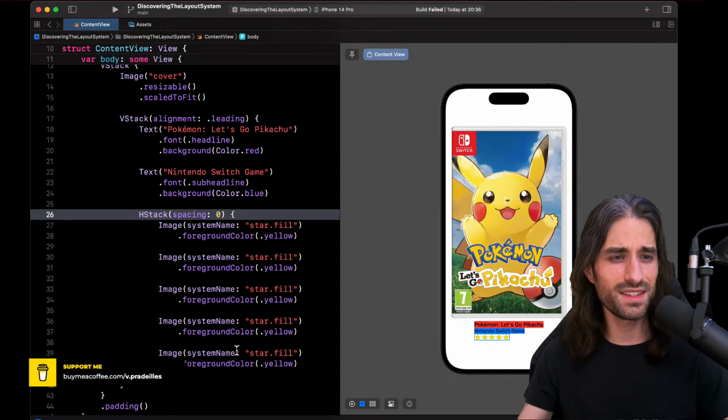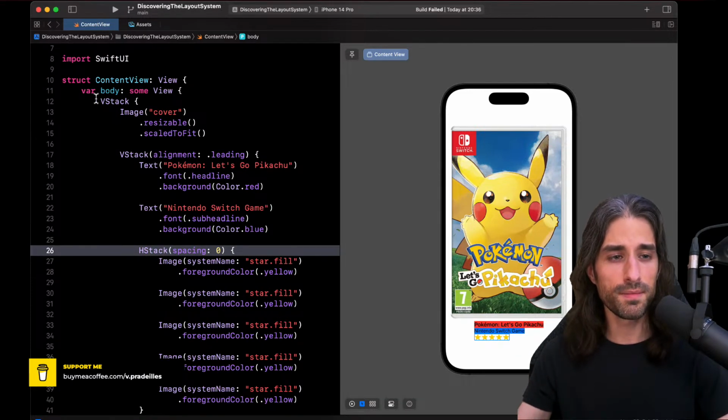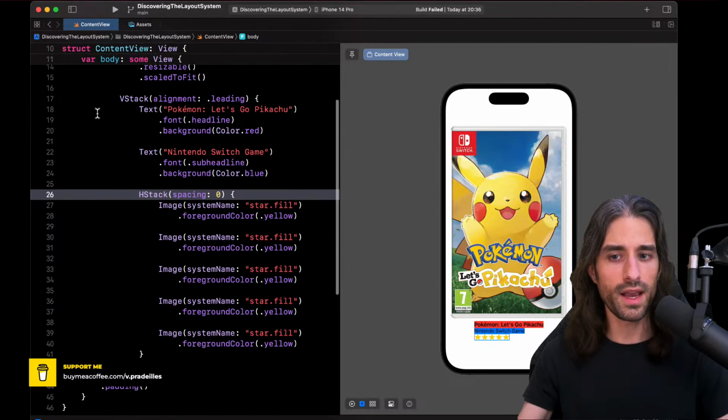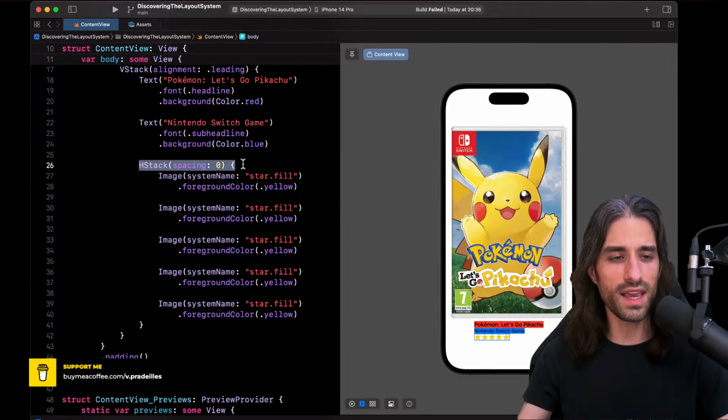But I wouldn't gain that much extra space. There is maybe like 20% more available. So when you start to see a SwiftUI view that is either becoming deeply nested or whose body doesn't fit on your screen all at once, you might want to start extracting some code from the body. And it's actually quite easy to do because the body is just a computed property. It's a computed property that we use a lot in SwiftUI, but it's nothing more than a regular computed property. And so we can actually extract these HStacks to another computed property of its own.